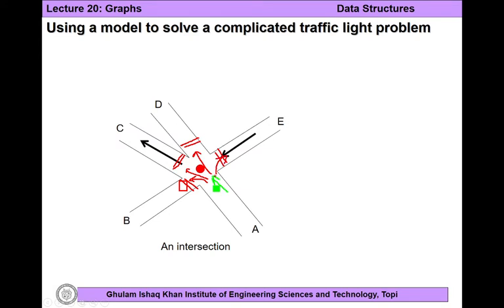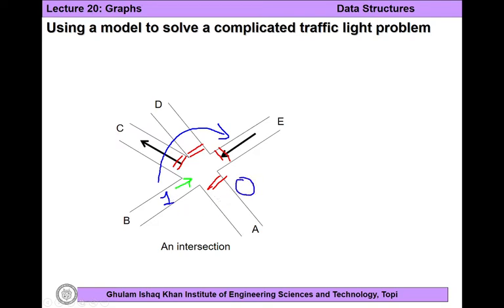Then once this turn is done, right? Then what we will do, we will open this road, and the rest of the roads will be closed, right? So this is the typical system of a traffic light. But for example, if you open this road for, let's say, 1 minute, and you do this opening of signals clockwise, in the worst case, for example, when you are here,